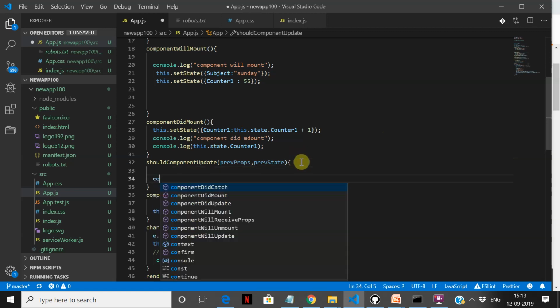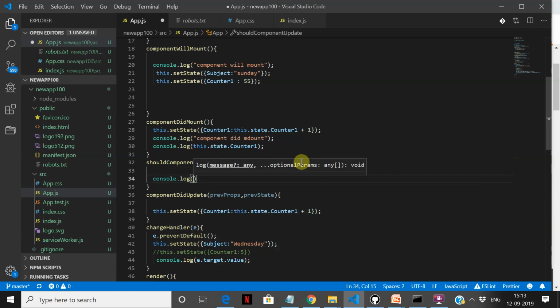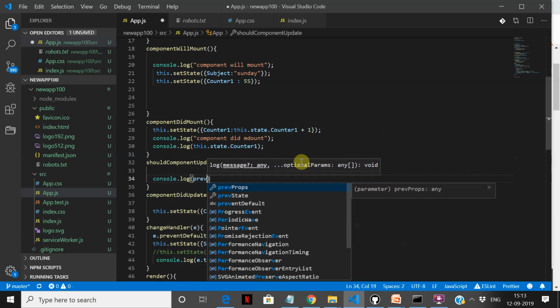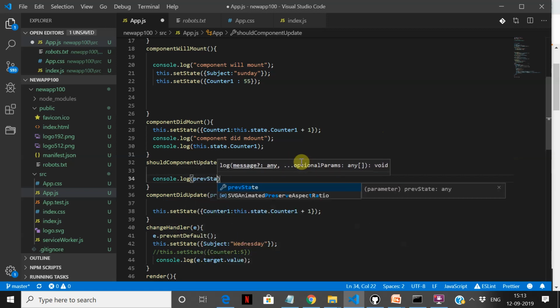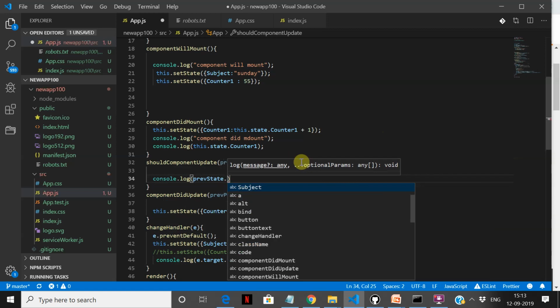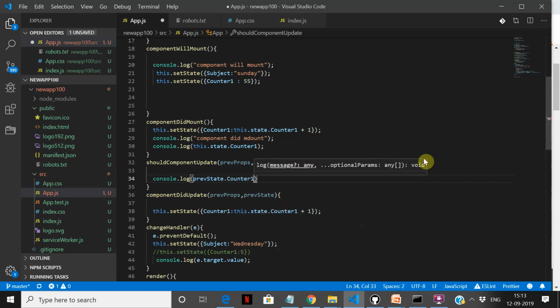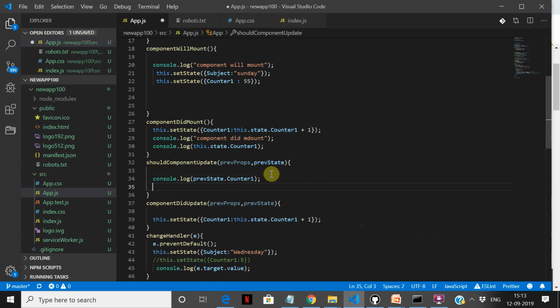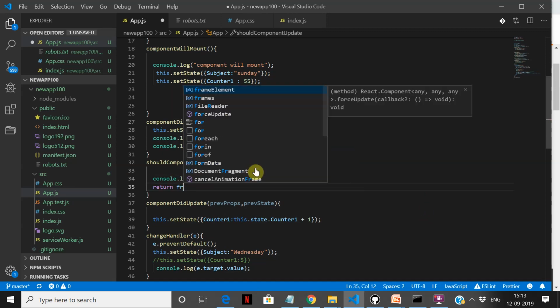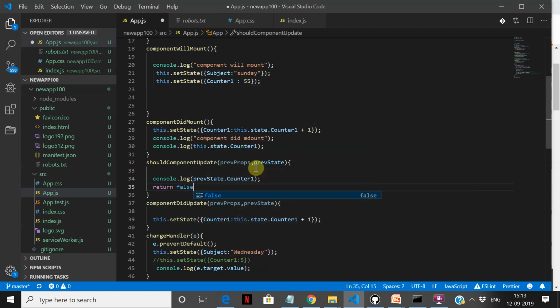And let's see the prevProps and prevState. These are the two variables which get injected into this. And here what we will do is say console.log prevState. So it will show any value that we want to see. Counter is a state, so it will show you counter one.